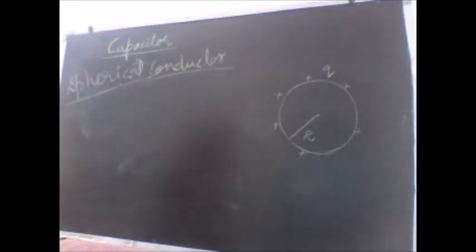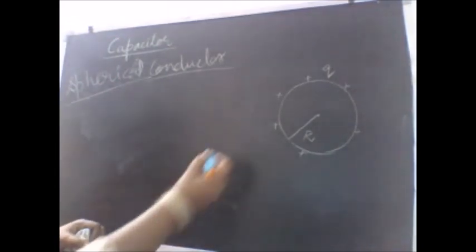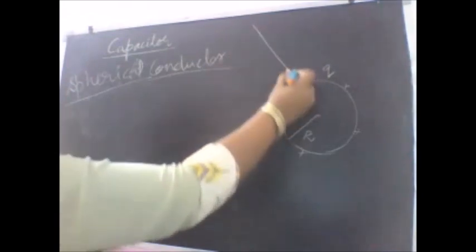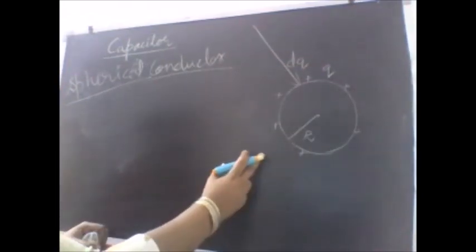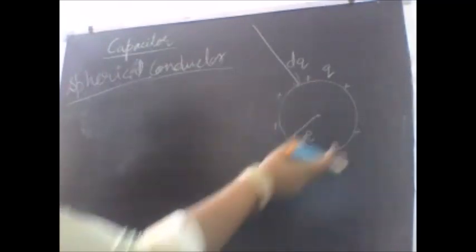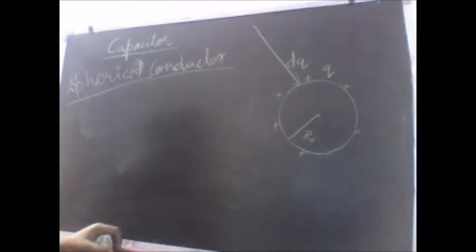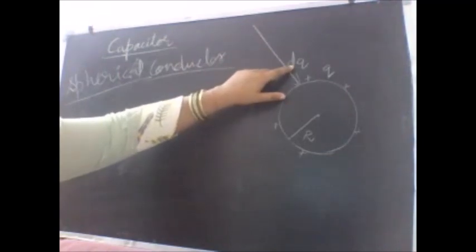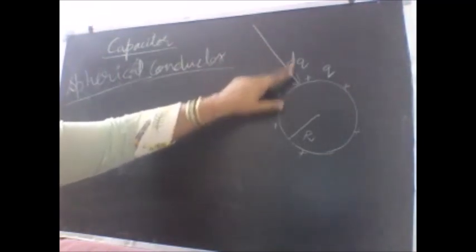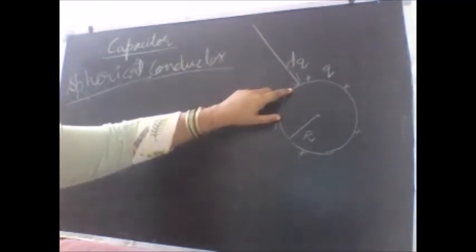Let us do one more topic related to the spherical conductor. In case from infinity I want to bring a very small charge dq here and inject it into the sphere. Obviously the charge will come to the surface and redistribute uniformly over the surface. Isn't it that the charge that I am going to bring from infinity is going to experience some objection from the spherical shell? What kind of objection?